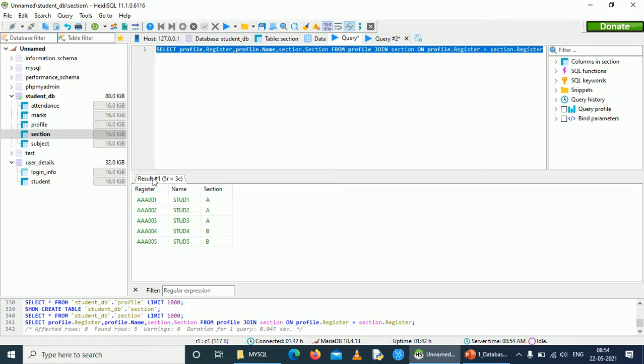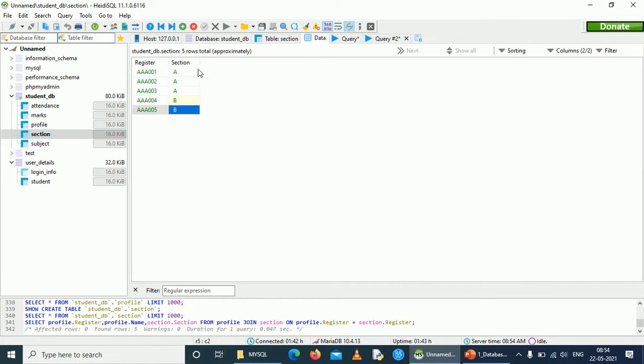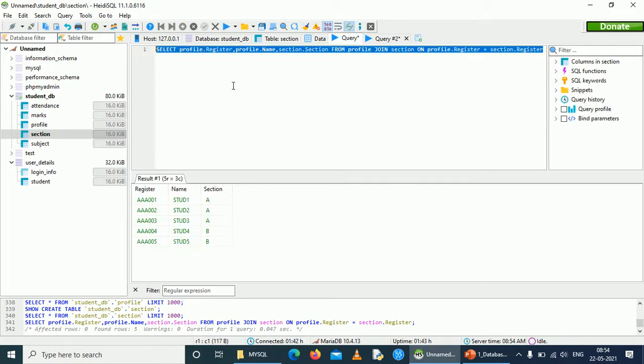Actually we don't have register number, name and section together in the section table. See, register number and section alone will be there, but I need the name of the student also in this table. So I have joined data from the profile table and section table and displayed it combined here using a join query, right?